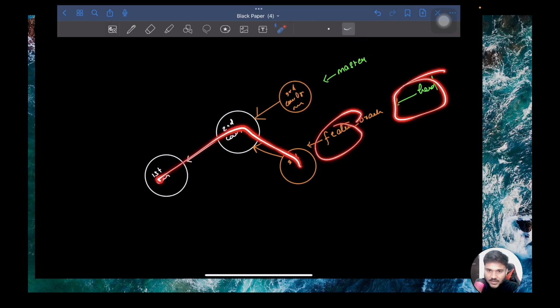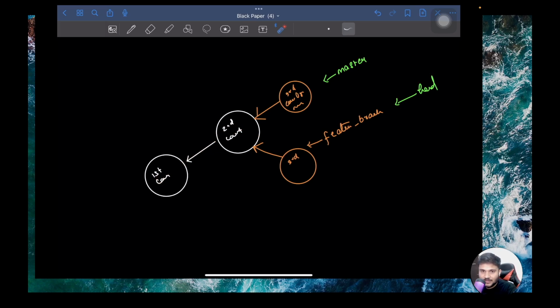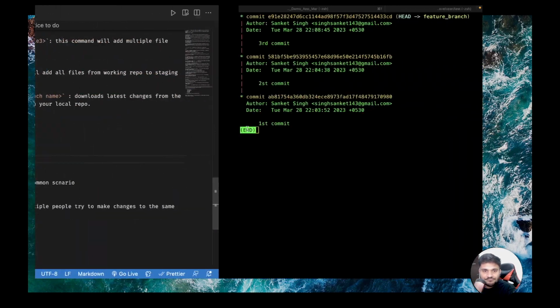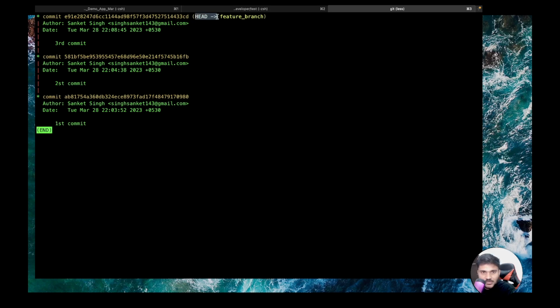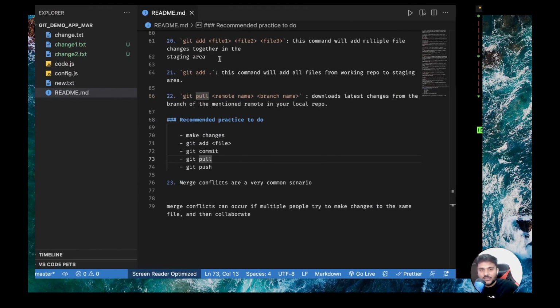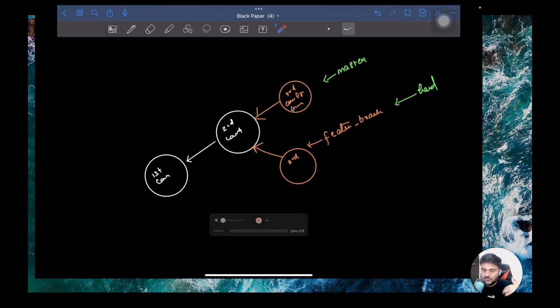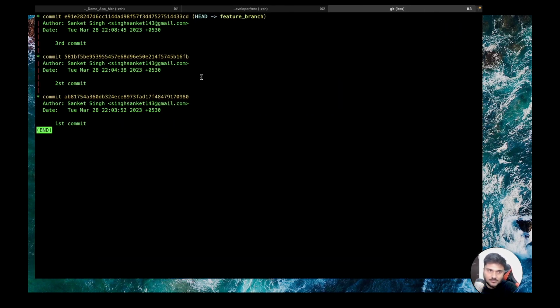And this is the commit object that feature branch is pointing to. That's how you play with this. Because there is no linearity now, hierarchy has been introduced. Master has gone to another hierarchy, another sibling. So you don't see any reference to master in the git logs. I hope this point is clear to everyone: how your head pointer moves, and that when you create a branch, you actually create just a new pointer.